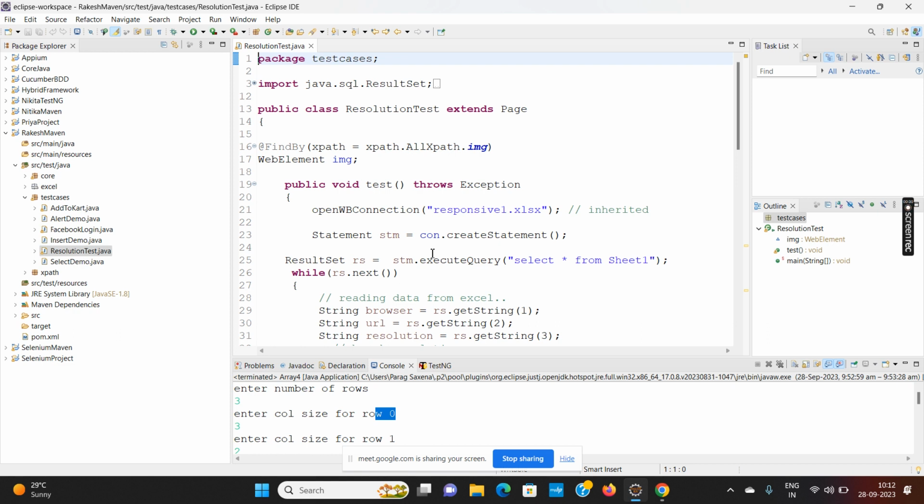We have already added the values in our Excel sheet, but with that I also want to take the screenshot of the execution which we are doing. For that we have to add one more library, which is the Commons IO library. So again in my Maven project, I will go to this pom.xml file here,